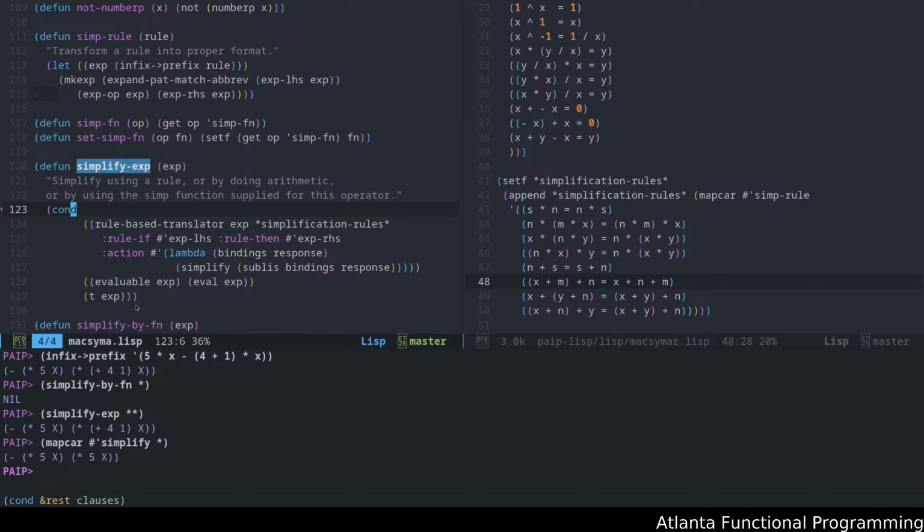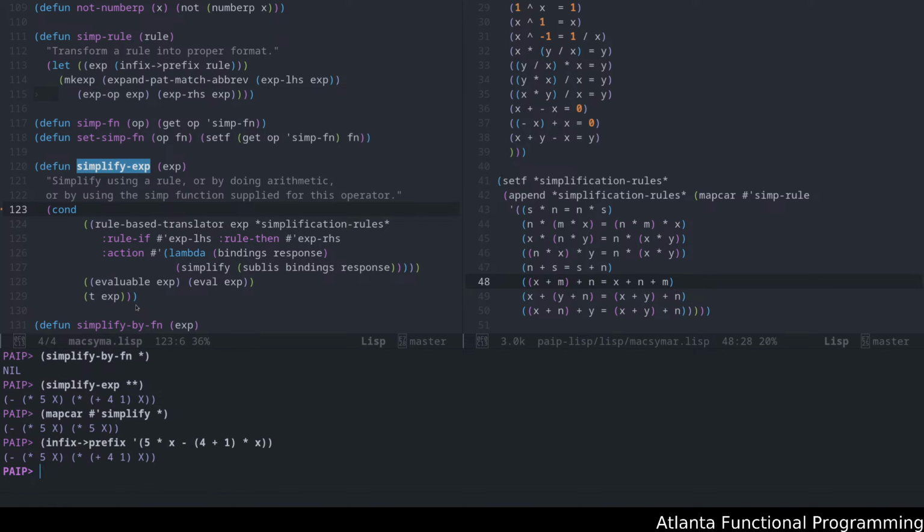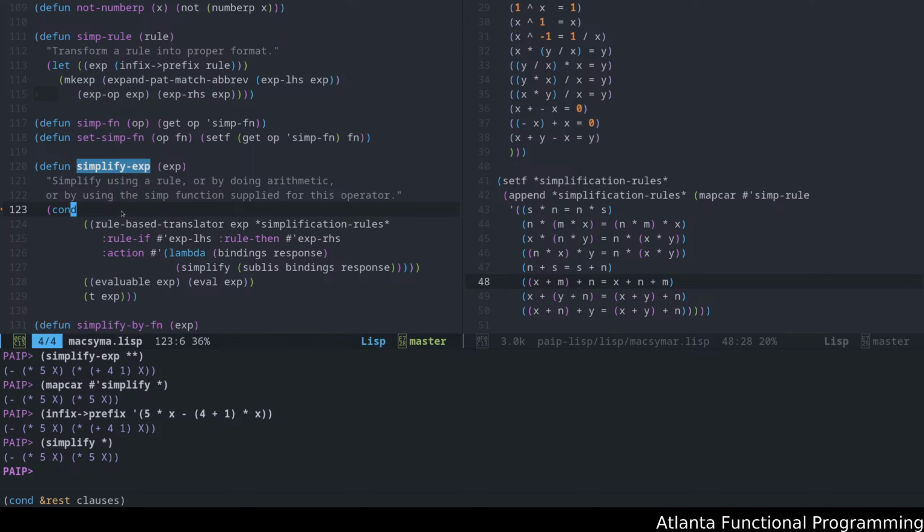Oh, right. Let's go ahead and load that. And now let us do this. And let's call simplify, which will ultimately call simplify expression, which we saw in the previous, and see what happens. Okay, there's still this issue that it's unable to actually go in and apply the rules. So that means we need to go and deal with